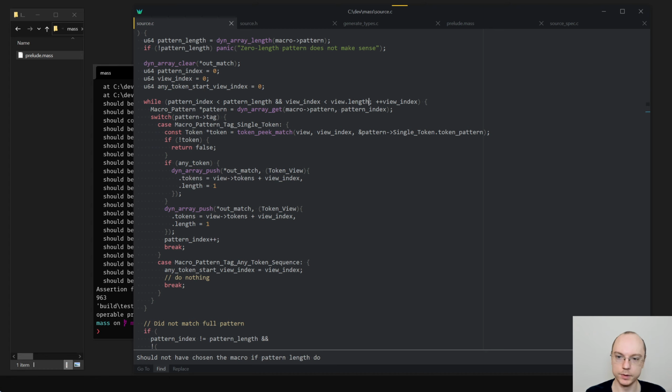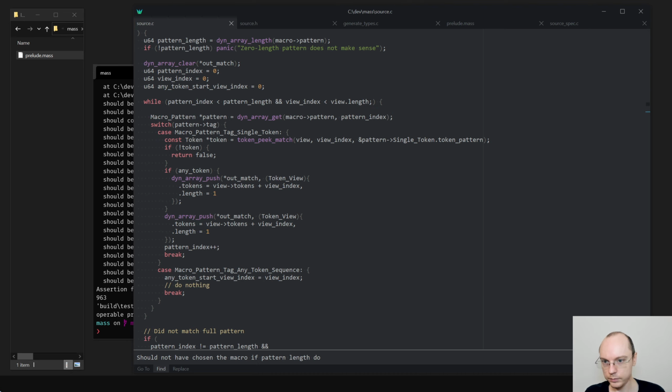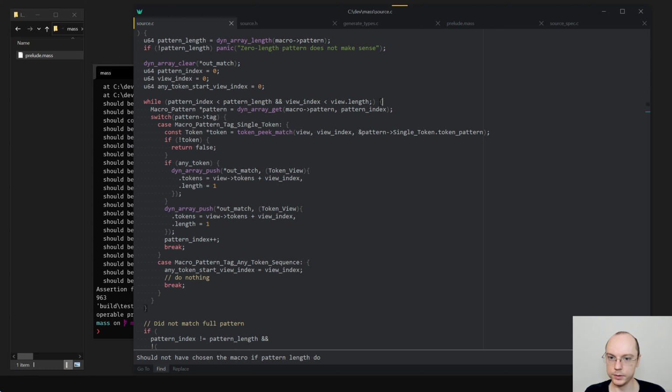We want that check, but we will not increase view index here either. So what we will do is we'll actually iterate over the pattern. So maybe we want pattern index plus plus. And here we would say view index plus plus. Yeah, that's probably better.